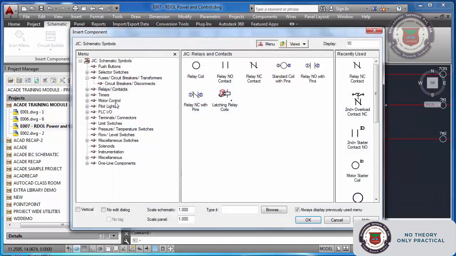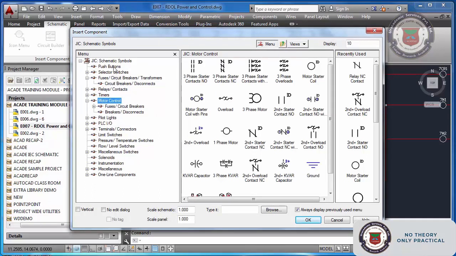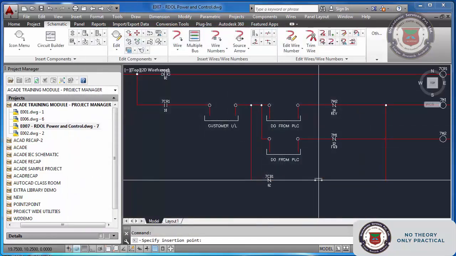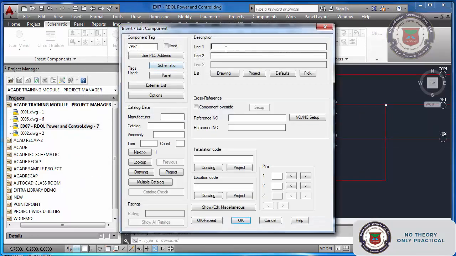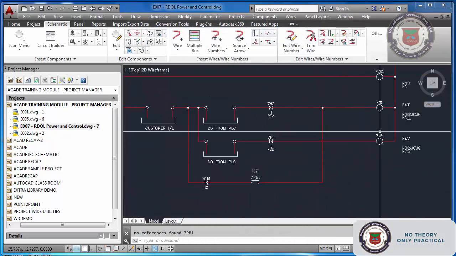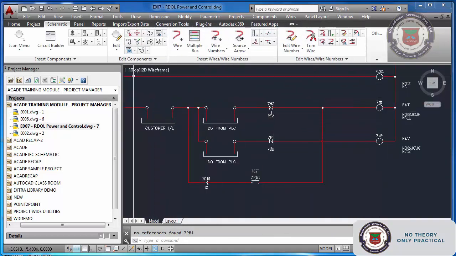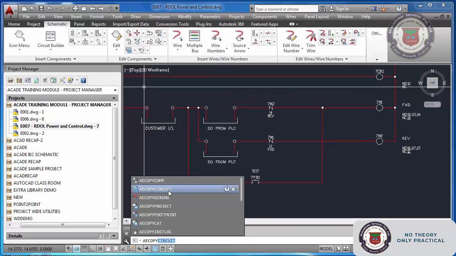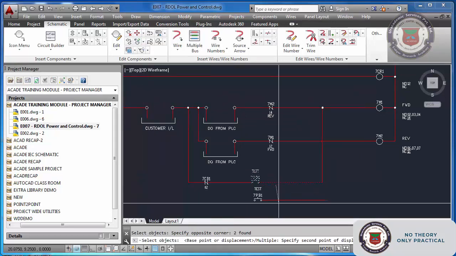Here I will put a push button, operated devices. Here you can see push button. I will put the push button here, 7CB1. This is my test push button for this forward motor. And if I want to use one more push button here, keep the ortho on.